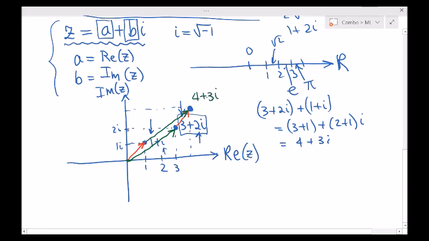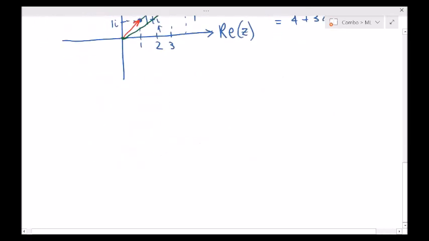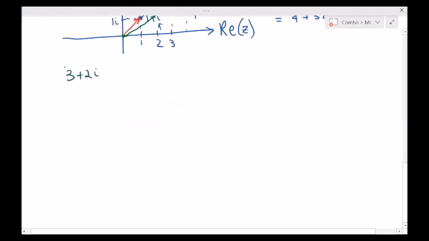All right, but you don't have to know anything about vectors. All you do is translate the red complex number and add it on top of the other one. That's the meaning of adding it the way we do. Another thing we might be curious about is how to multiply them. But it's the same thing, right? If we try to multiply them out, let's say 3 plus 2i, multiplying it with 1 plus i,